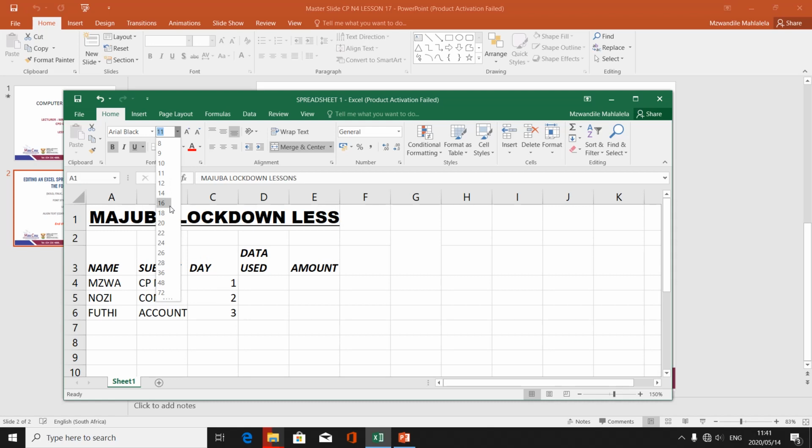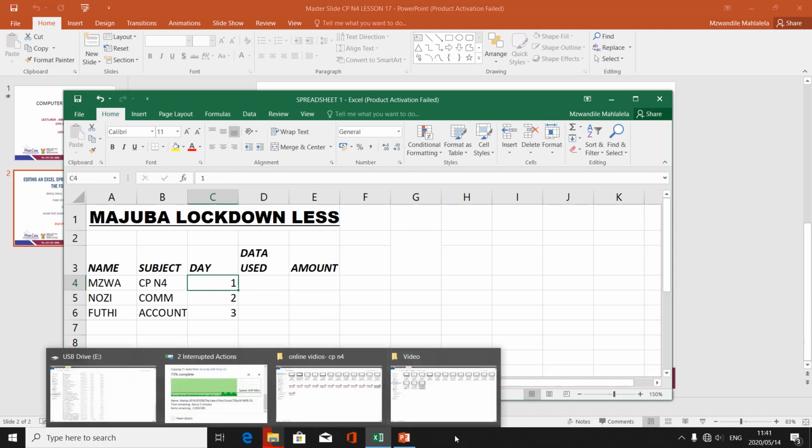They will tell you how many sizes or figures. Let's say it was 16. We click on 16. Now we're done with this one. The next one is